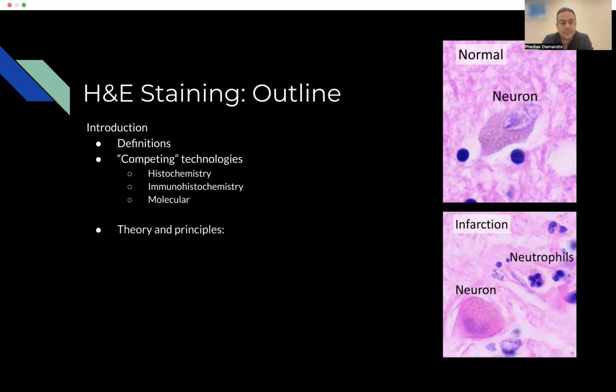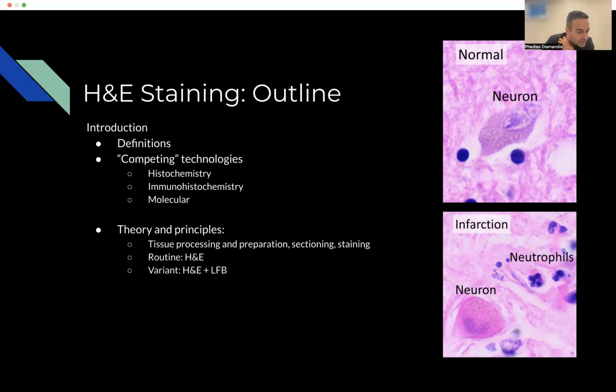We're going to look specifically at the theory and principles of the H&E stain, including tissue processing, preparation, sectioning, and staining. And we're going to do this for H&E, and then we're just going to quickly build on some of the variants, such as the H&E LFB stain, and just quickly touch on histochemistry stains as well. We're going to briefly go over the limitations, which is